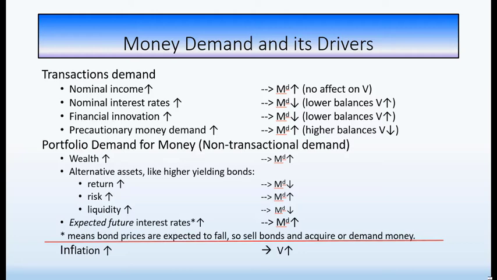With nominal income, by the way, and nominal interest rates, those can go down for sure, and so the effects will be the opposite. Just move the arrows in the opposite direction. But financial innovation tends to be on the positive side. So we have an up arrow, and what does that mean here? It translates into money demand falling and velocity going up.